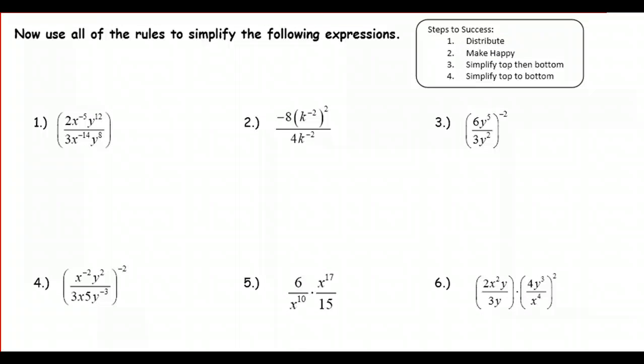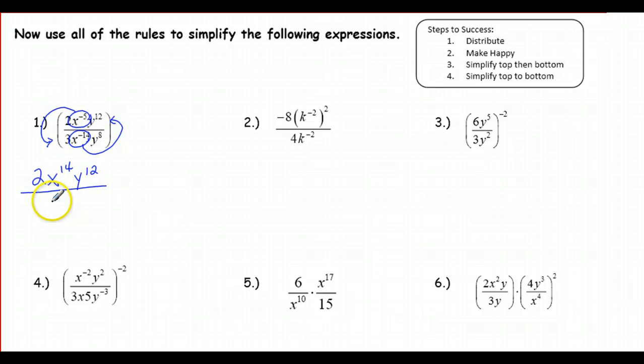Again, this is just review. So if we look at number 1, the first thing that we would choose to do is get rid of our negative exponents. So I'm going to take the x to the negative 4 and move it to our numerator, and take the x to the negative 5 and move it to our denominator. So I'm going to rewrite that. Remember that it's always a good idea to rewrite each step when working with properties of exponents so that you don't get confused. It's very hard to work with all of the changes that need to be done in your head. So we have 2x to the 14th, y to the 12th,